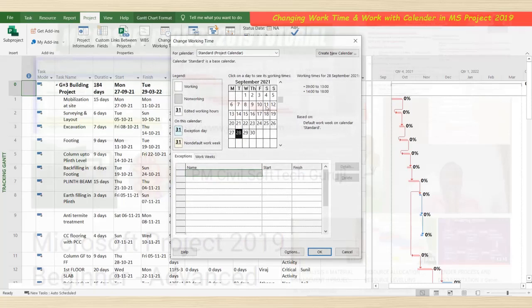Then see here. Today is 28 September 2021. So that's why yesterday I changed some project settings. Here no holiday is there. All 7 days are working. If you want to make these days working or non-working, if you want Sunday to be a holiday, then